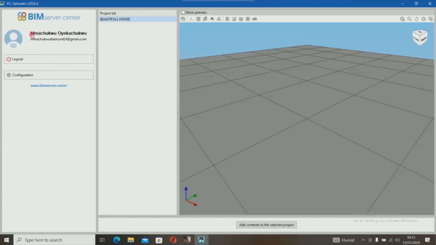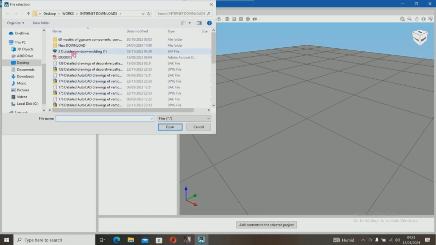And this is what it looks like. You can see up here is the beautiful house. You can see it is the project that I created in my BIM account. It has appeared here. The essence of creating it is because if you don't create it, this particular space will be empty, and nothing will work there. So having done that, you can see where I click on add contents to the selected project, and this dialog